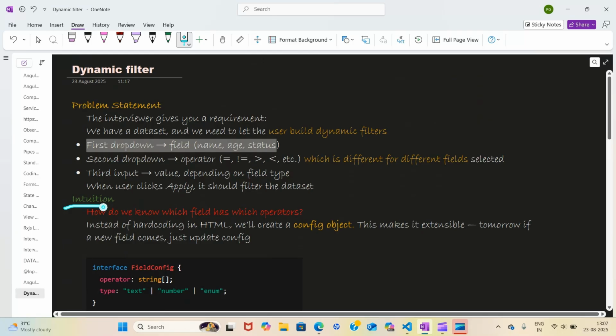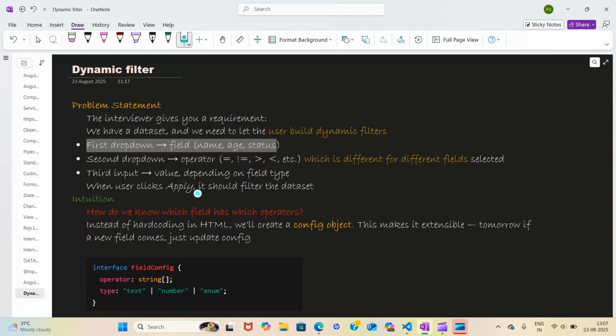So now intuition, how will we solve this problem if we are given this? So first of all, we should think of having this data, right? How will we combine these three, how will we form this data? Okay, we can apply all this filtering logic afterwards, but for creating a skeleton we want something. So how can we do it? We can create interfaces, right? Because they will have types. I want type, that name will be string, age will be string, I can give that an interface.